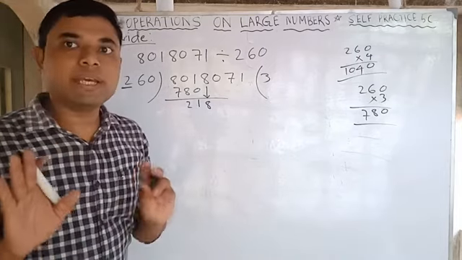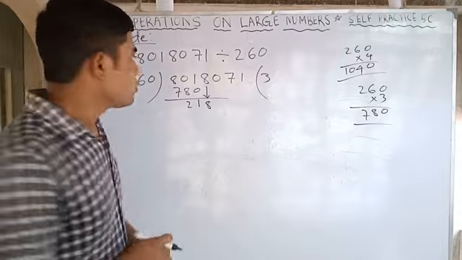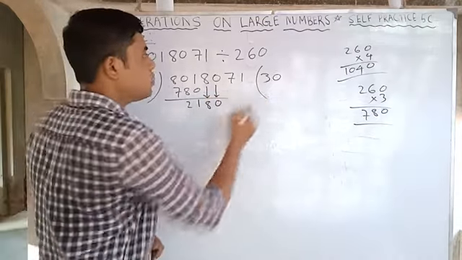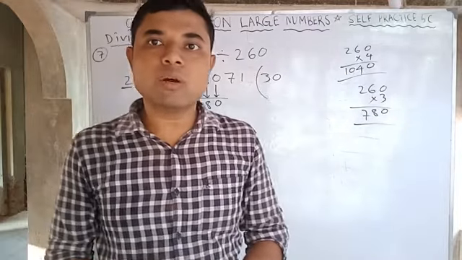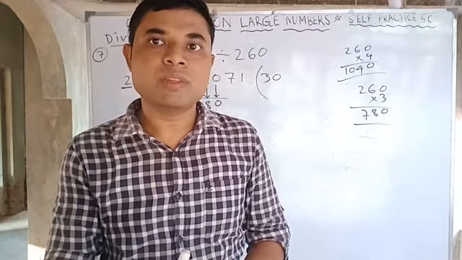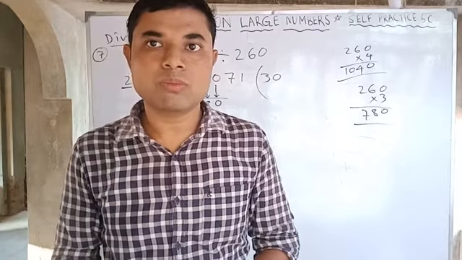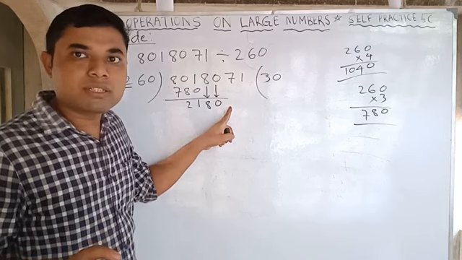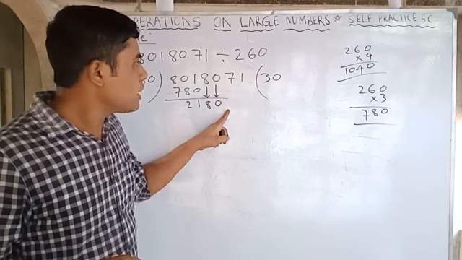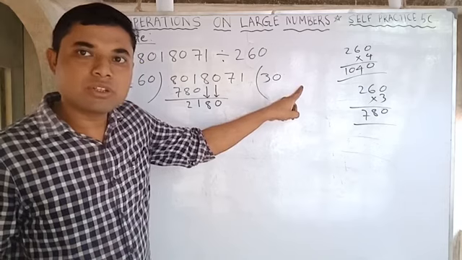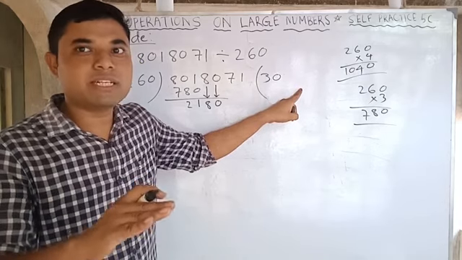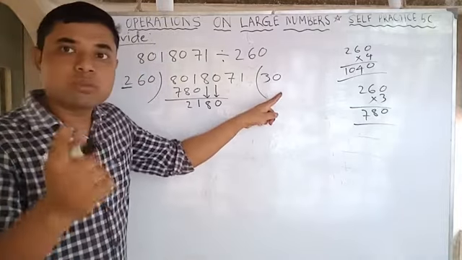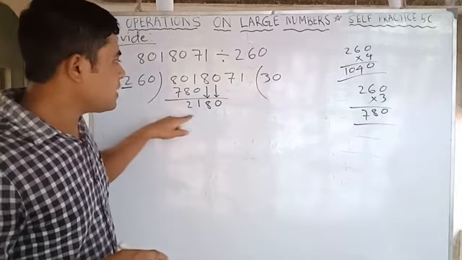Another way you can think of it: you can take this 0 and put here 0. That means if you take down 2 digits at a time, then you have to put 1 0. So in any sum, if 1 extra digit is required, you take this digit down and put here again 0. For each extra digit you have to put a 0. Is it clear? So you can do it that way also, by multiplying here the 0.